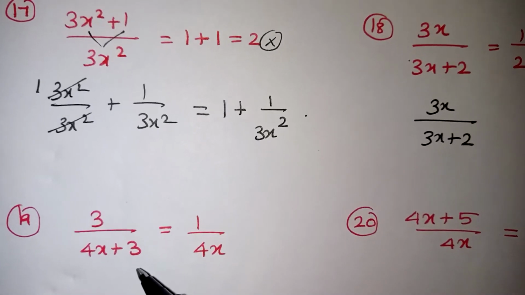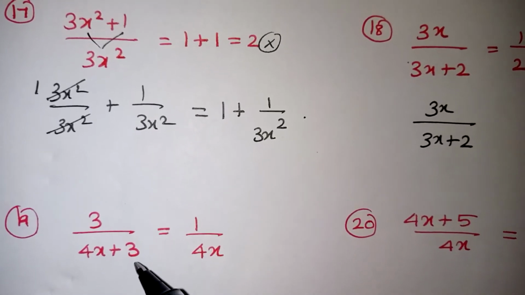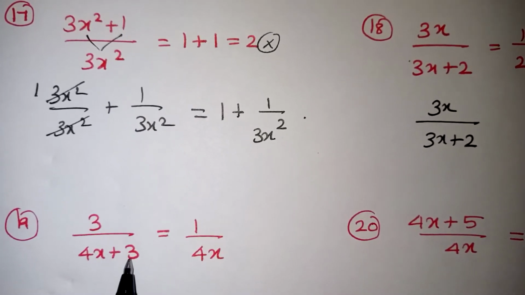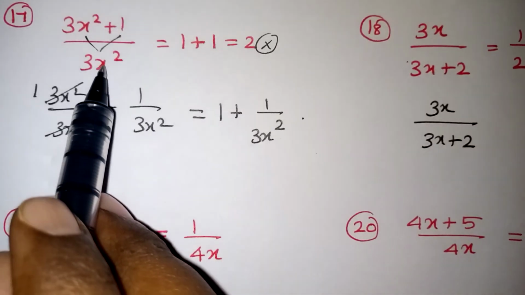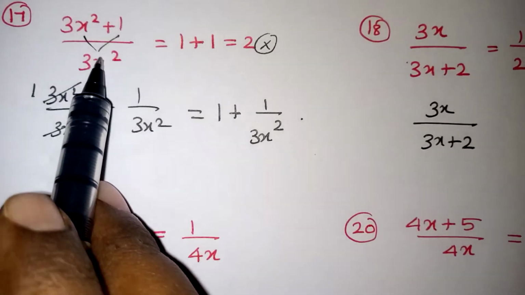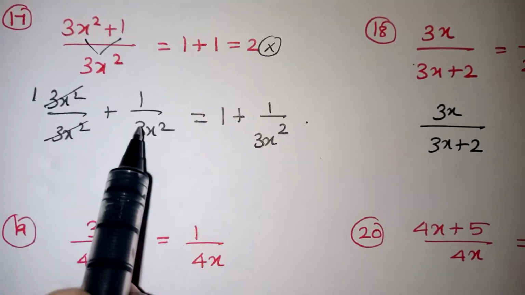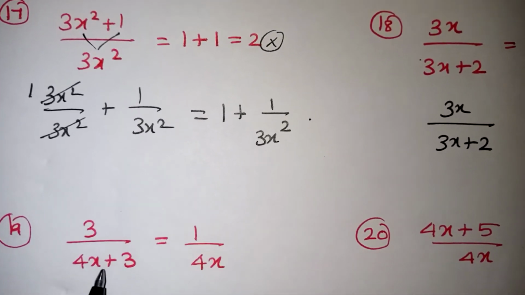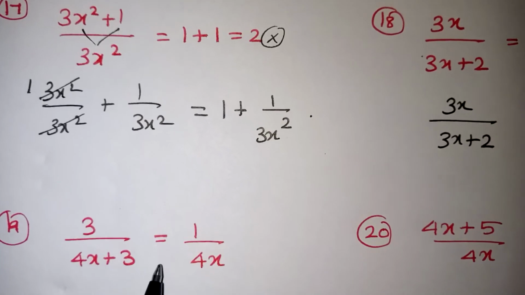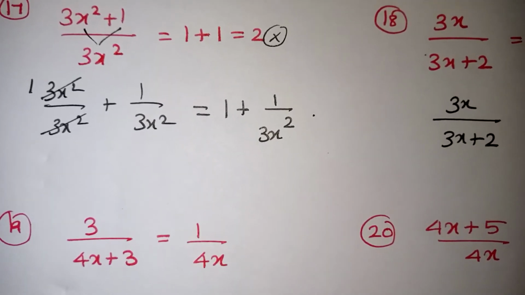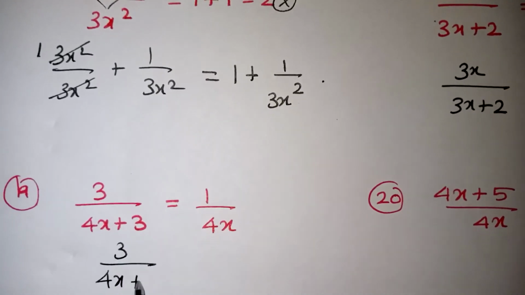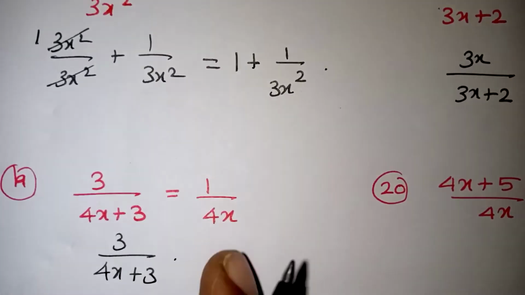We'll move on to question number 19 now. Look at the 19th question, like your 18th question, because the numerator is only one term and the denominator is a binomial. Here they have taken 3x squared as common for the first term as well as the second term, and with a split they have written. But that is not possible while it's in the denominator. The denominator we cannot split like that. That is impossible in mathematics. So this is already in simplified form. We can't do anything. We can leave the problem as it is. This one we cannot write.